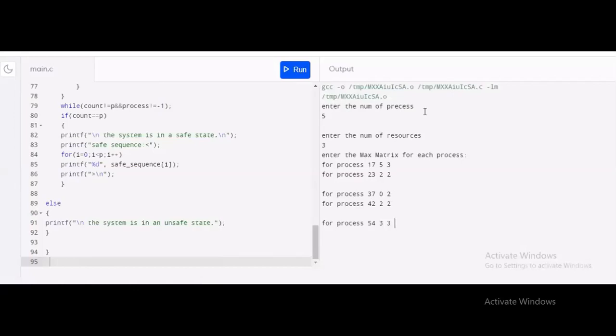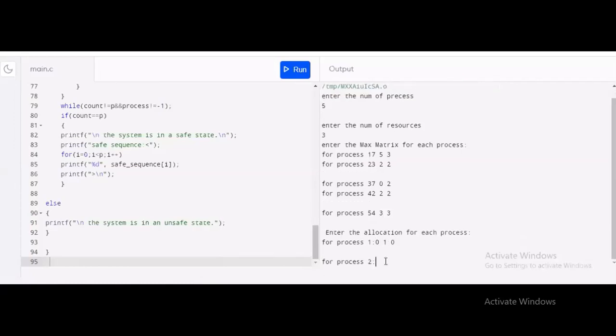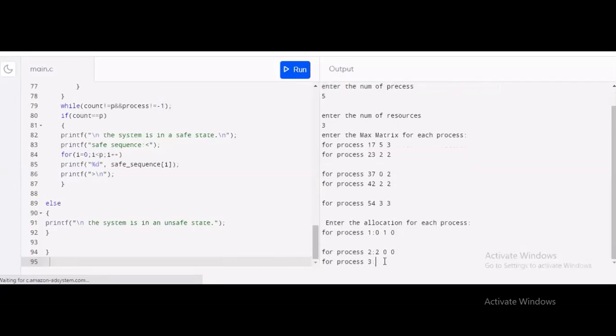Now we have to enter the allocation for each process. For process 1, the values are 0, 1, 0. For process 2, 2, 0, 0. For process 3, 3, 0, 2.